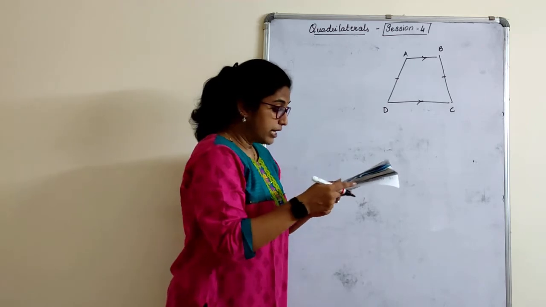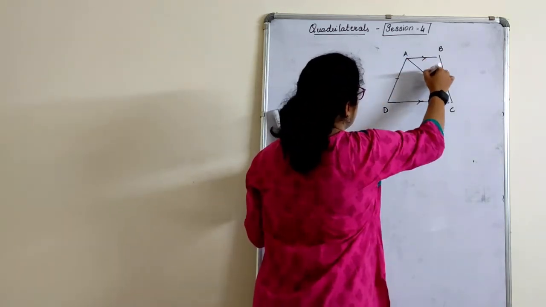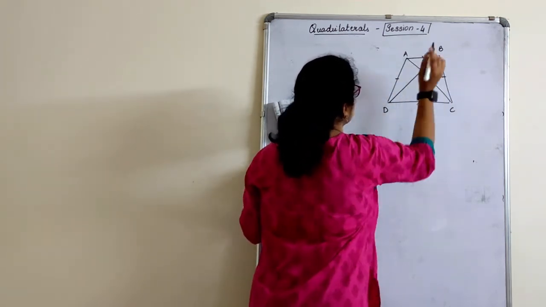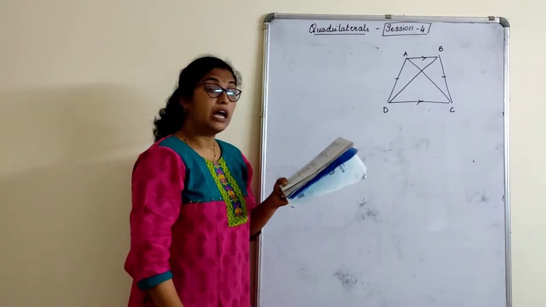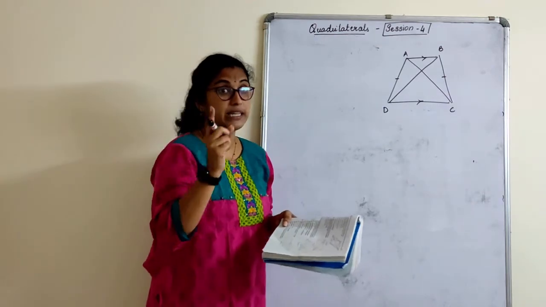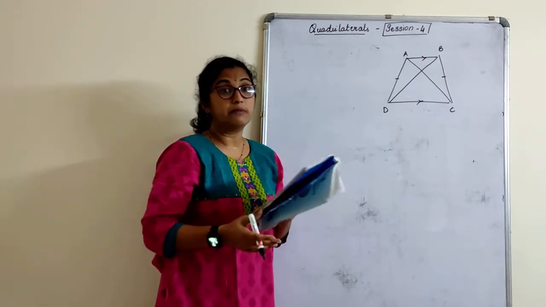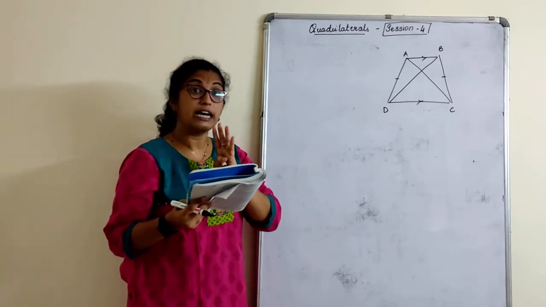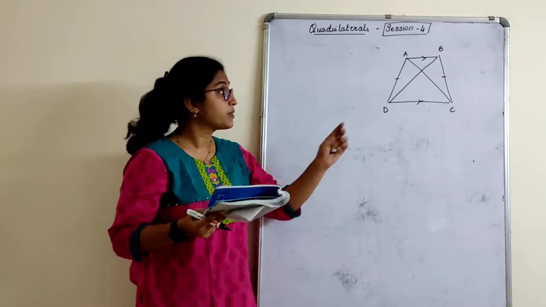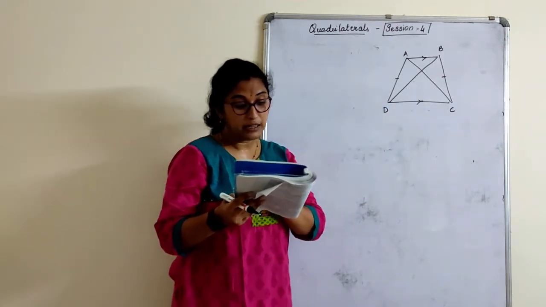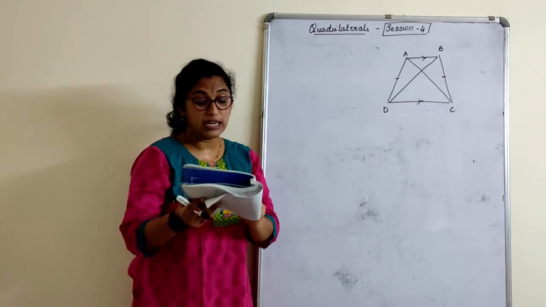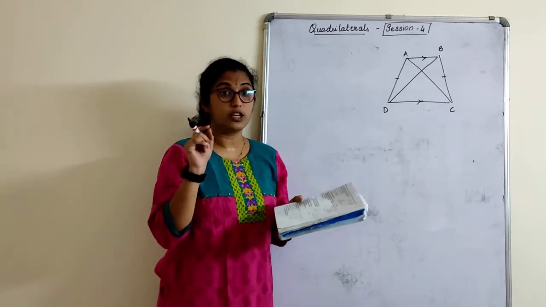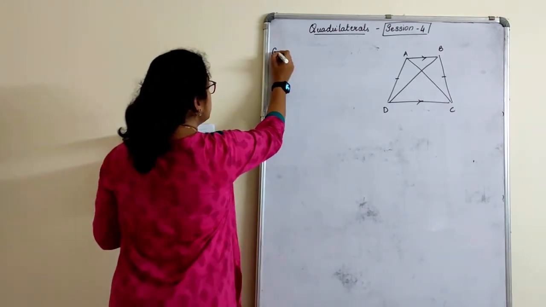Next, triangle ABC is equal and congruent to triangle BAD. Two congruencies we have to prove. We also know that in an isosceles trapezium diagonals are equal. We have to prove it here. That means whatever the angle property and diagonal property of our isosceles trapezium are, we need to prove here. In exam only this much will be given in the sum. Here in the textbook they have given as a construction, extend AB and draw. That we will write under construction. But in case this question appears, no construction part will be mentioned. Let us mention that in the given first.